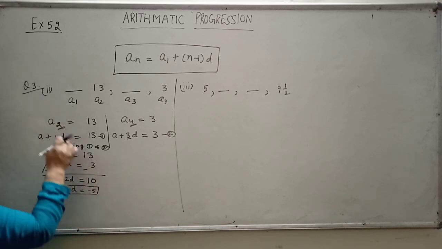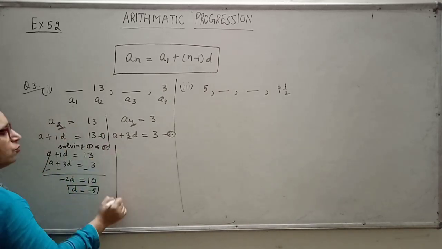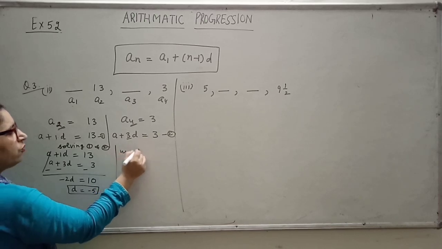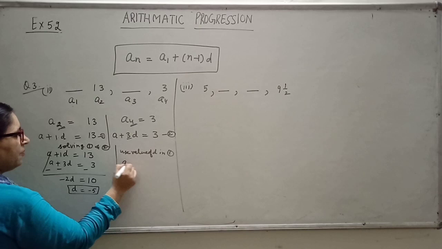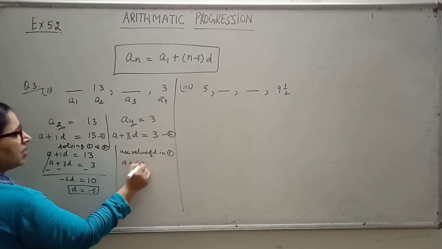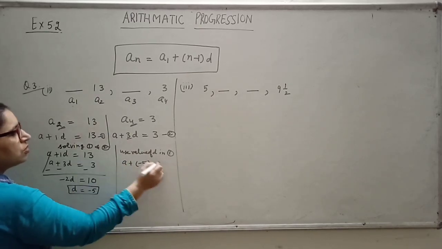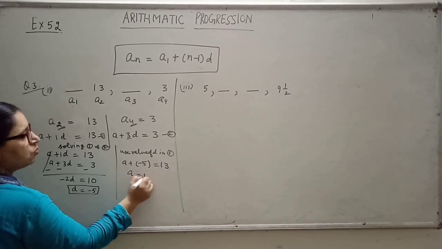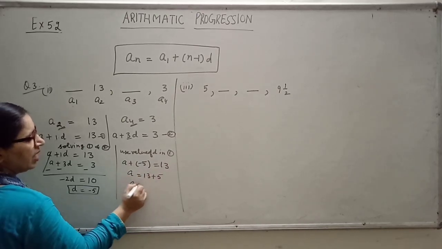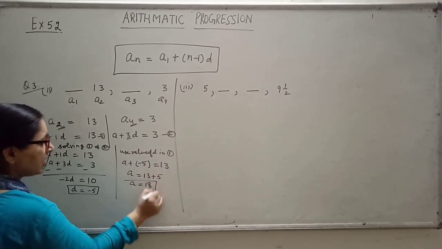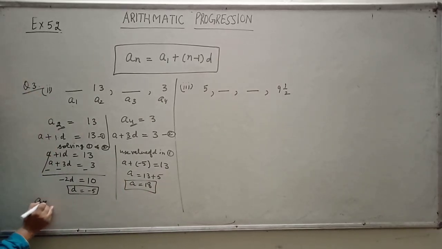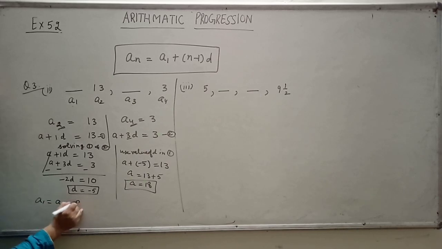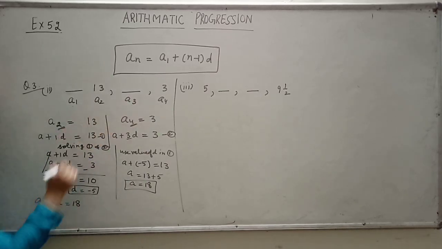D की वैल्यू आ गई, use it either in 1 or in 2, use value of D in 1, तो A plus D की जगह क्या आएगा -5 is equal to 13, so A is equal to 13 plus 5, so A is 18। चलिए हमारे पास A भी आ गया और D भी आ गया। अब हम फर्स्ट टर्म बता सकते हैं, फर्स्ट टर्म किसके इक्वल होती है, A के इक्वल, that is 18, और अब हमें निकालनी है थर्ड टर्म।